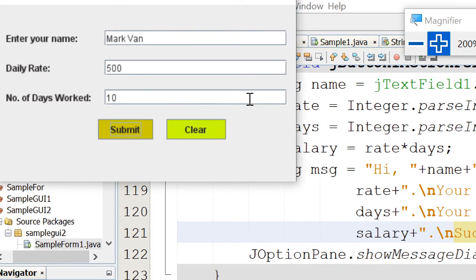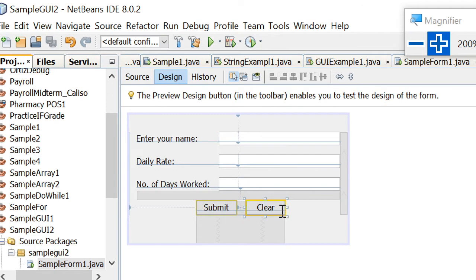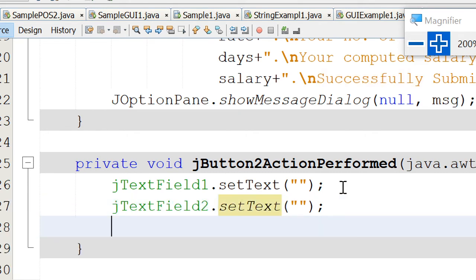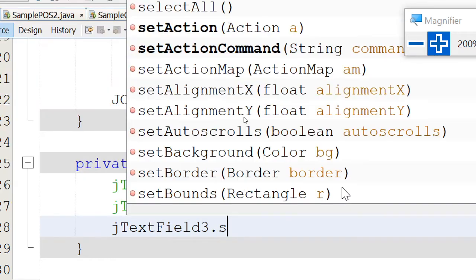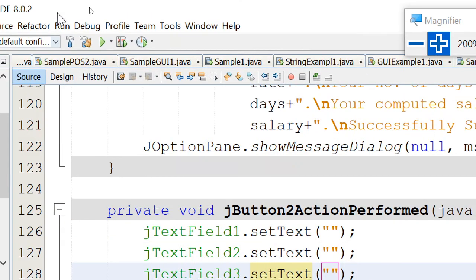Okay, if I click clear, it will only clear JTextField 1. So I want to clear also daily rate and number of days worked. How to do that? You'll just need to add the code here with JTextField 2 dot setText and set it into an empty string, and JTextField 3 to another empty string. Okay, if I run,